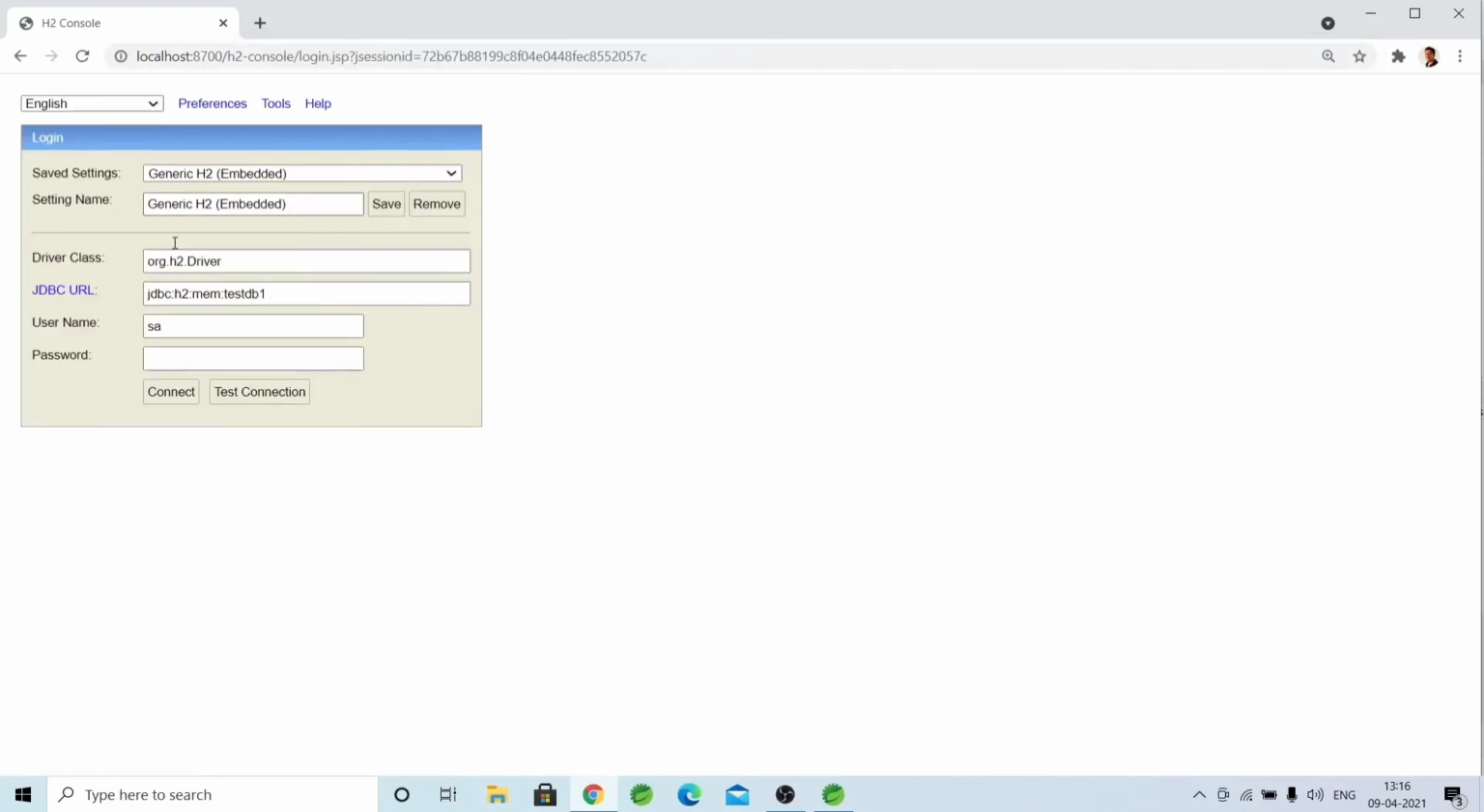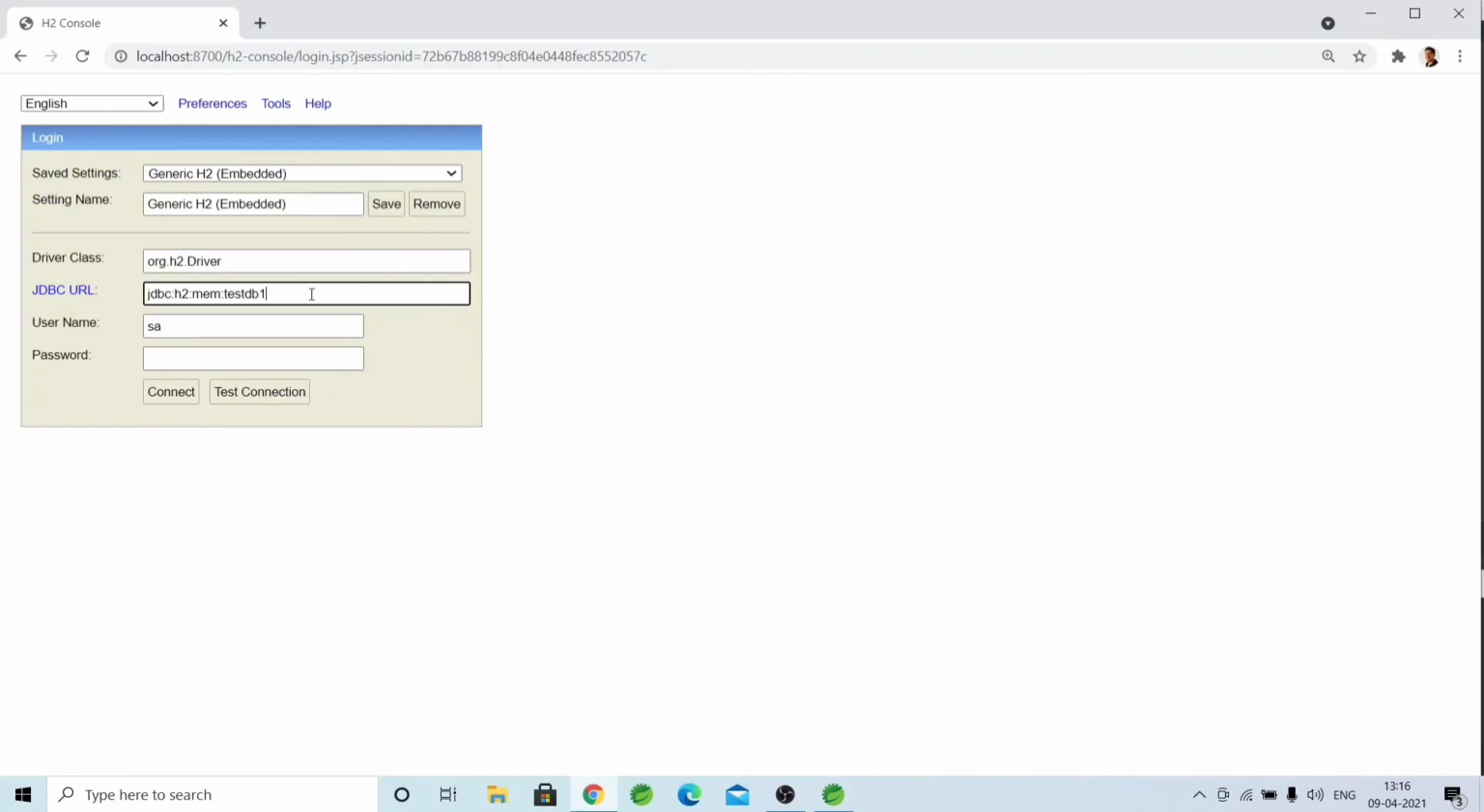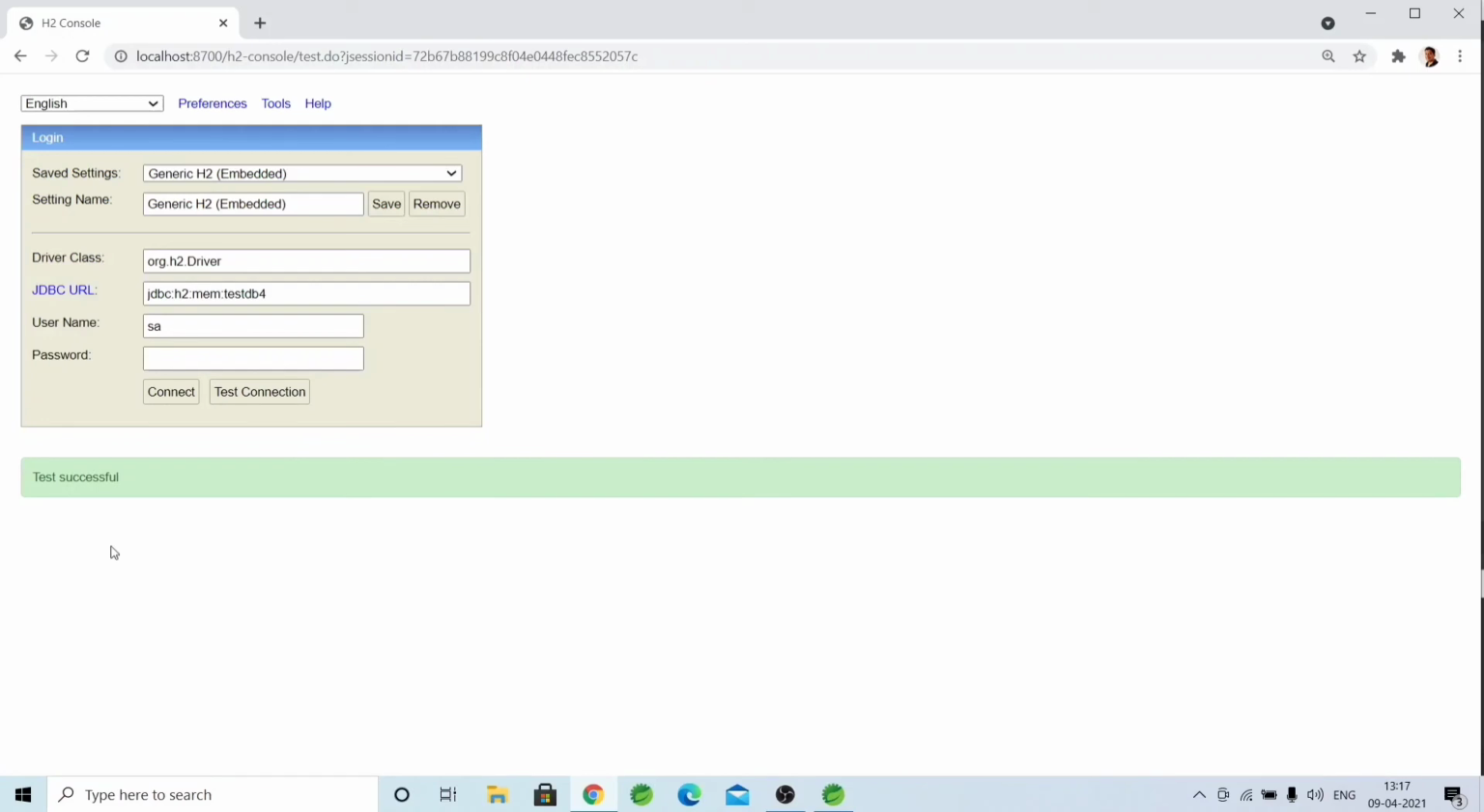console, and click, and here you will see that the database by default is testdb1, but our database is not testdb1, it is testdb4. So we will change it and we will check the connection. While clicking on test connection, you can see that our connection has been successfully implemented. Now we will connect to the database. On clicking connect,